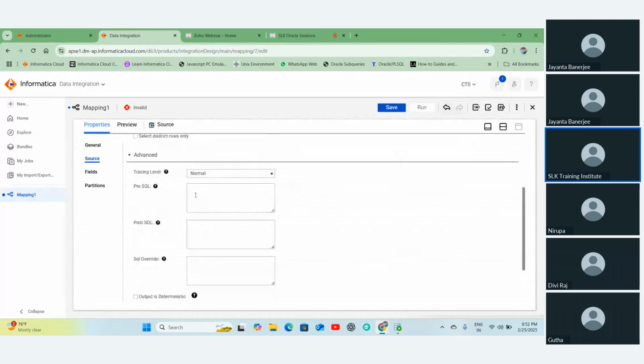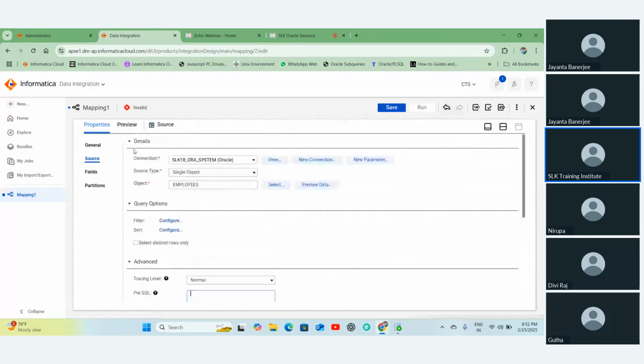Pre-SQL is nothing but, whenever we are going to use any table here, the runtime environment is going to prepare an SQL statement, because the Oracle database is going to understand only SQL queries. Oracle database will always be expecting an SQL query. So when any SQL query is issued to the database, the Oracle database will understand the query and give us the result. So before the SQL query hits the database, if you wanted to execute anything,